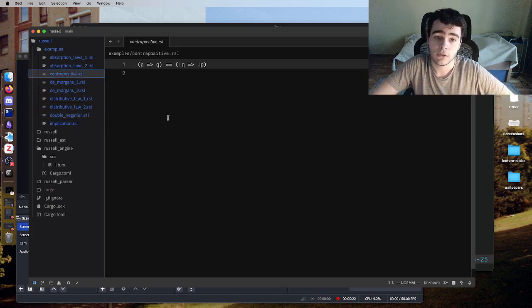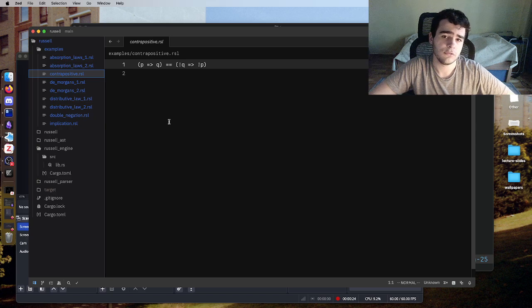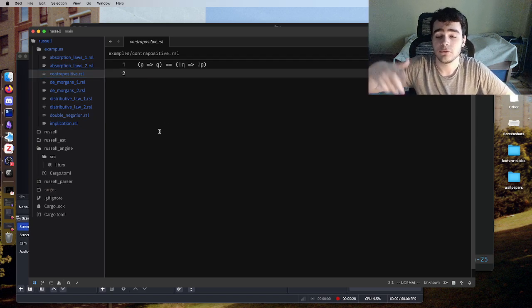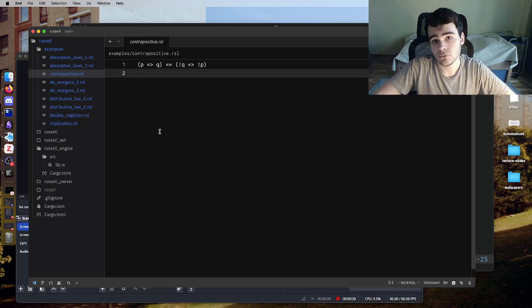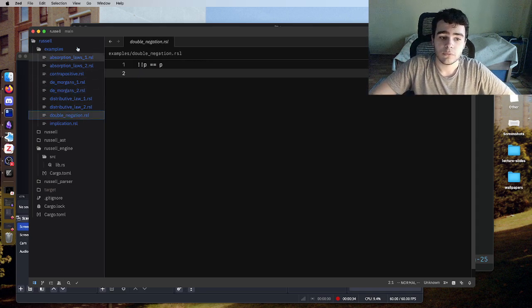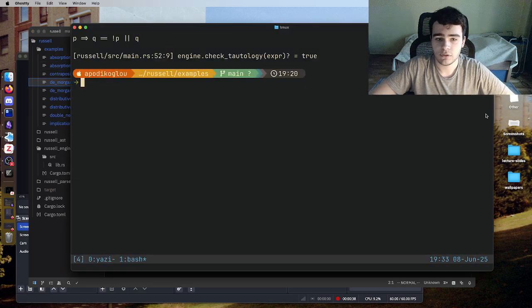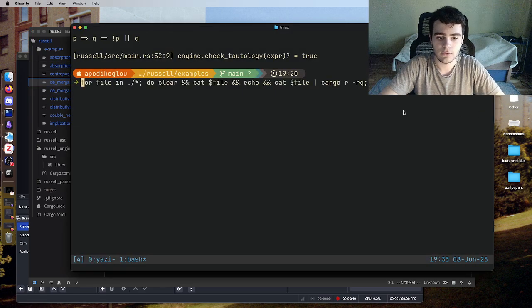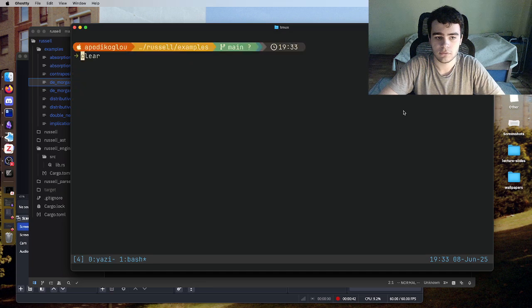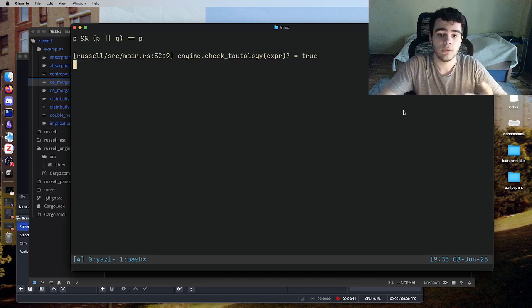That's it, really. And you can check if they are tautologies or not, because you can evaluate them. The way you do that is by generating a truth table and going through every possible combination. I've encoded some of the most important laws in propositional logic here, and you can run them and check if they are tautologies or not. Yep,